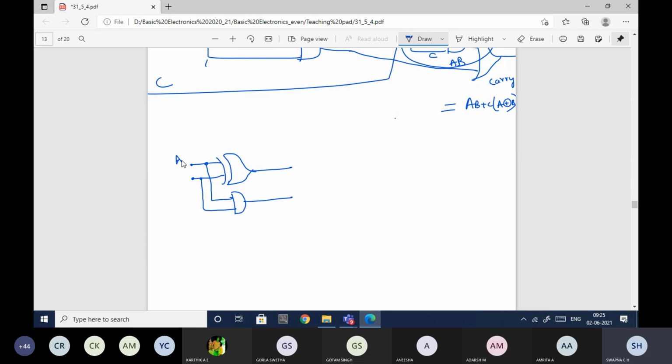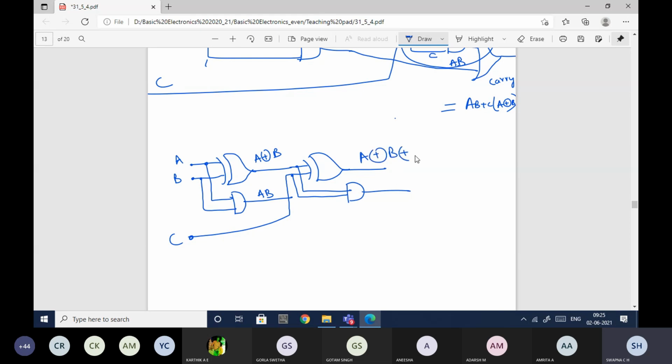First half adder circuit, A and B are given. Here I'll get A XOR B, and here I'll have AB. Now I'll connect this to one more XOR gate, and the other input I'll connect to C. Here I'll get A XOR B XOR C, and this is my sum.